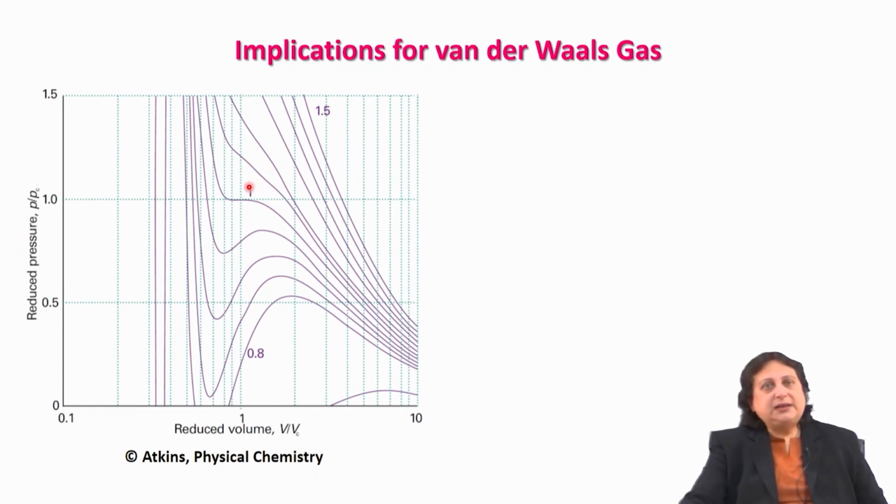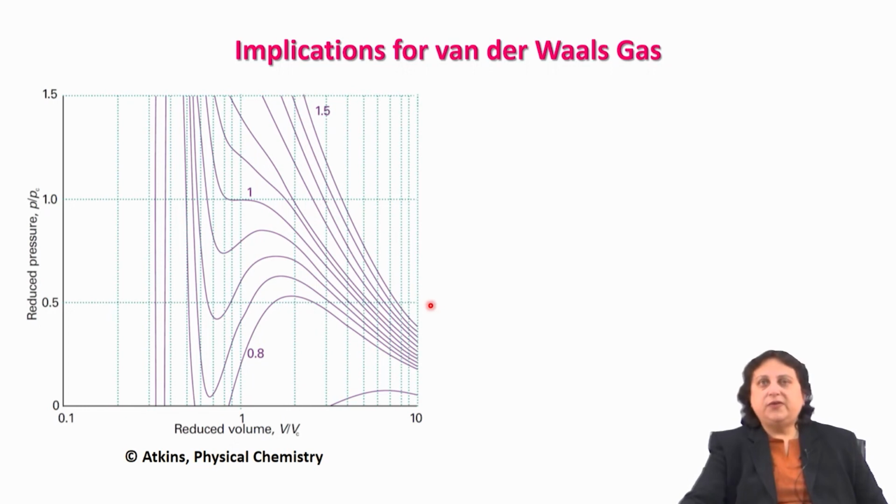If I am at 1, this means that I am at the critical temperature T equal to Tc, and this is the volume and the pressure reduced in units of the relevant critical volume and pressure respectively. Now, when I am much higher than the critical temperature, like 1.5, you see that there is a